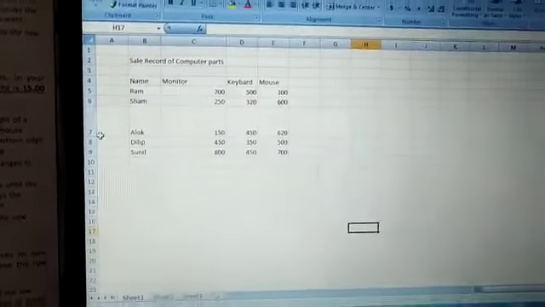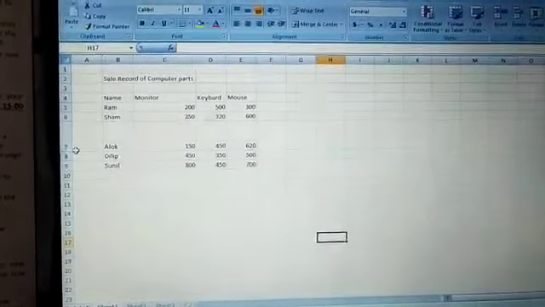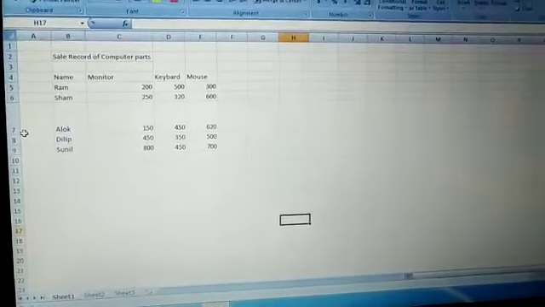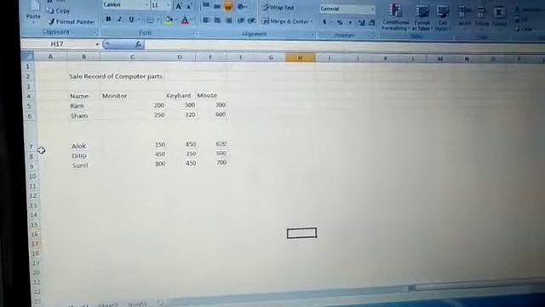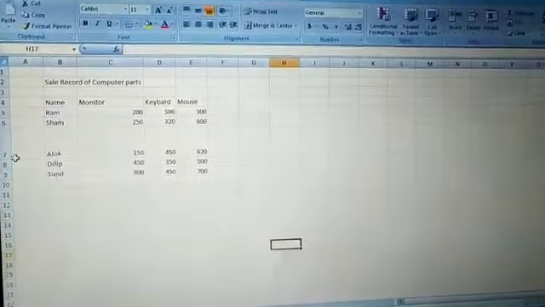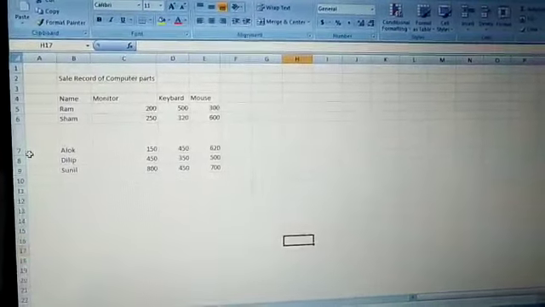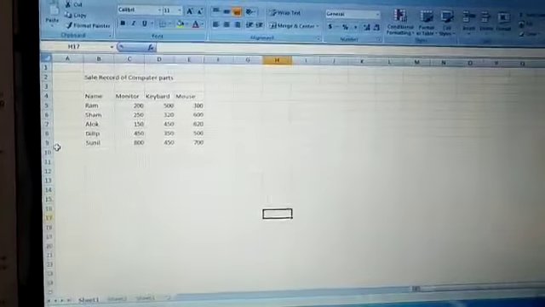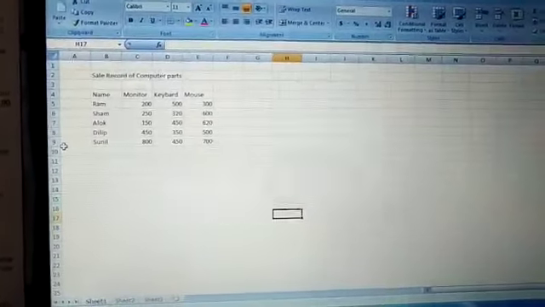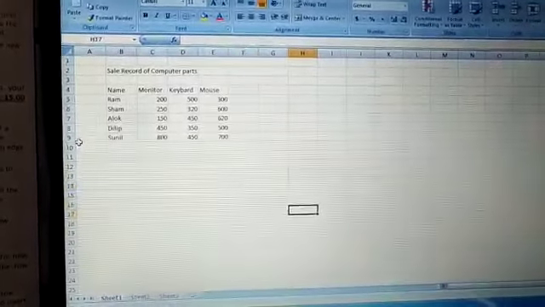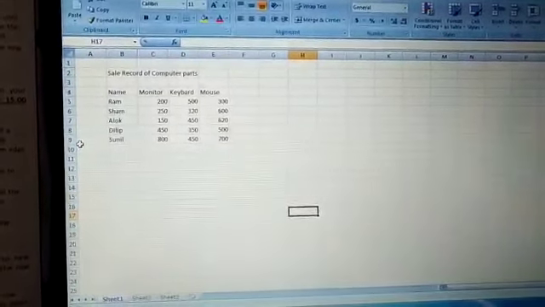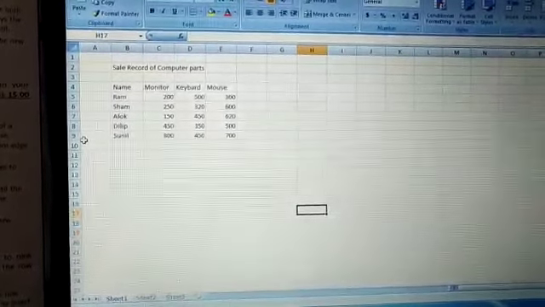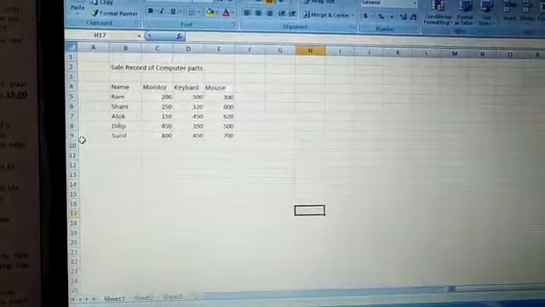I hope you can easily understand how to change the width of a column and how to change the height of a row. Now move to the next topic, which is inserting a row. How to insert a new row in your worksheet. You can insert rows in your worksheet to add more data. Excel adjusts the cell reference to a new location if the rows that are shifted down include any formula.